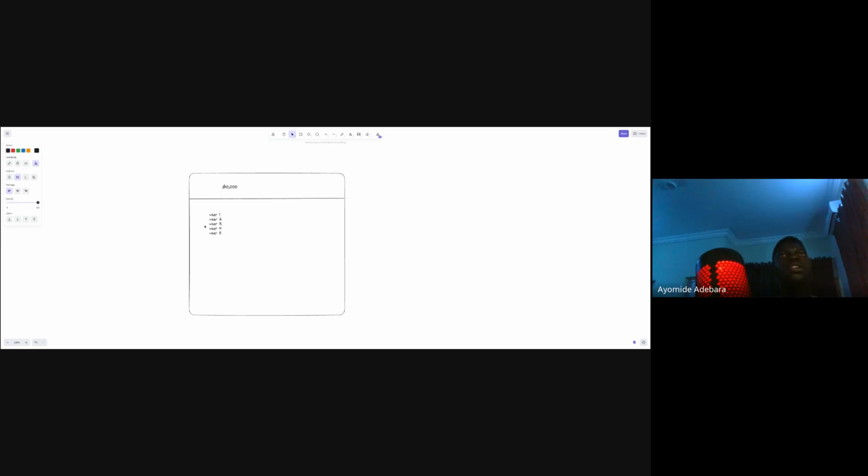Okay. So now, in this particular case, I'll use this as an example of a multisig. Now, a multisig is a situation whereby you have a total amount of users that can sign an account, but then you have what we call a threshold. So let's say for this particular account, the threshold for this account is 3. So that means that